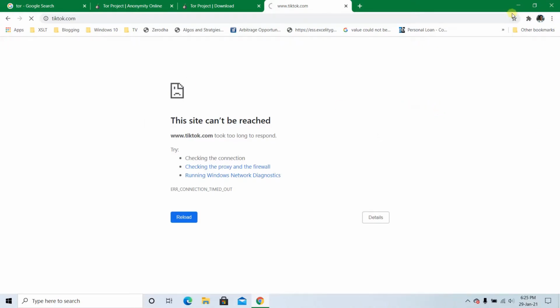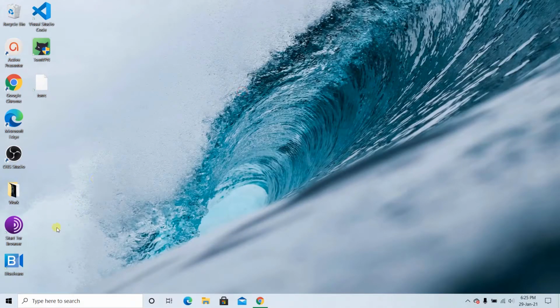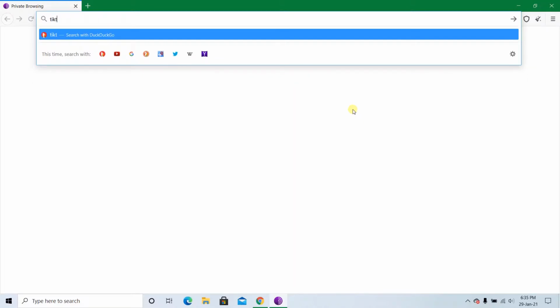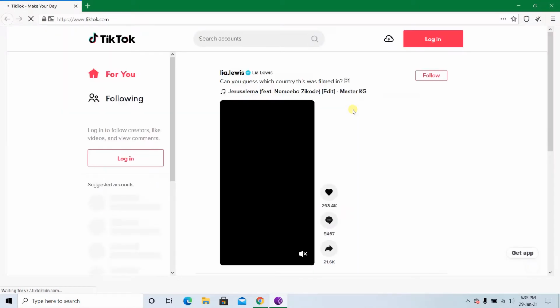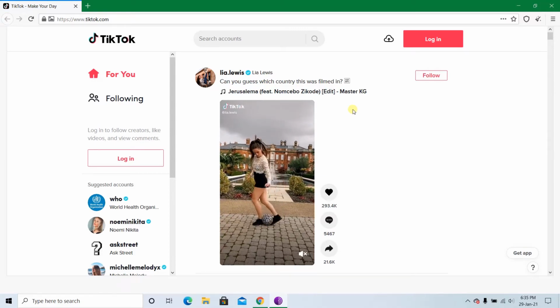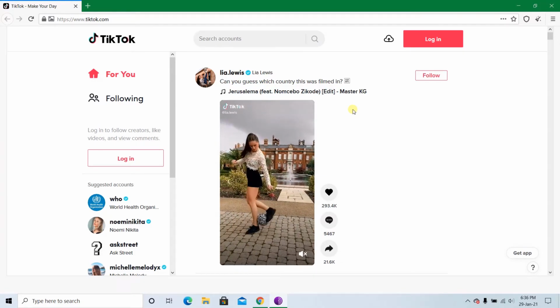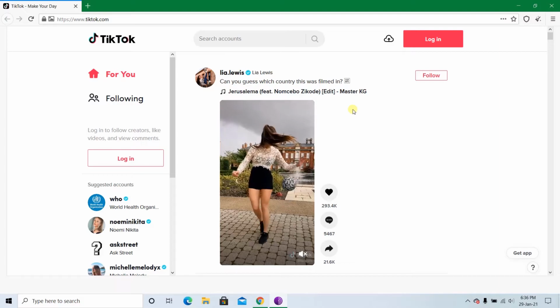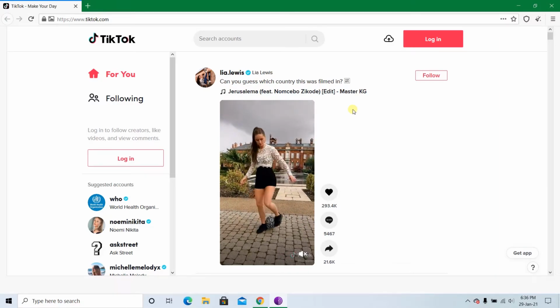So now I'm going to close Chrome and I'm going to head to Tor. So I have it installed already, so I'm just going to start it. So if I now open the same website in Tor browser, you will see that it will be able to load that. So I'll just give it a few seconds to load it, and yes, you can see it can load it. So this is another way you can unblock websites if you don't even want to use VPN. Tor browser is free, it's open source, you can just download it, install it, and you can start using it.